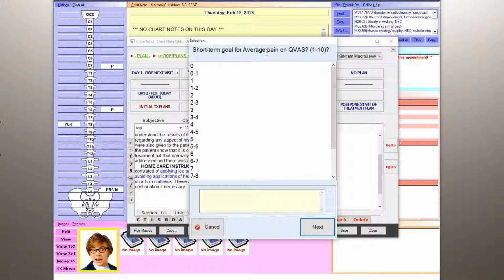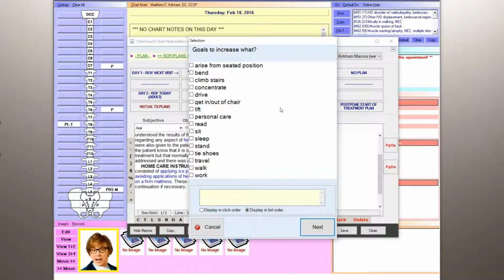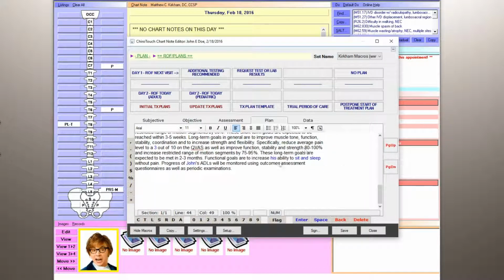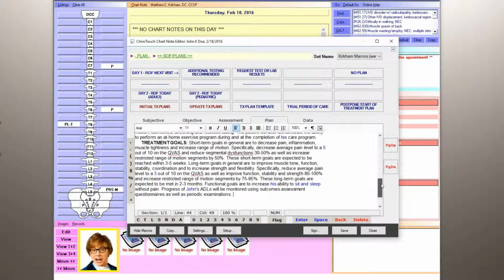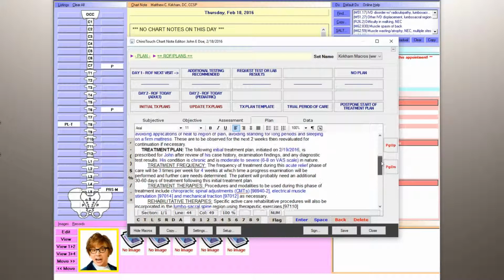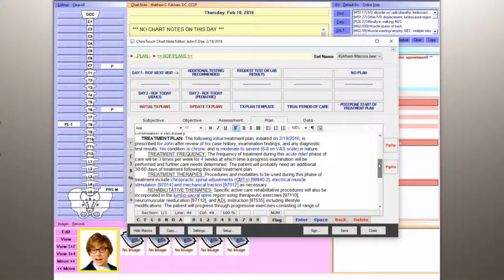Short-term goal. So what's the average pain we want as a short-term goal? Let's say they start at a 7, so maybe we want a short-term goal to reduce down to a 5. Long-term goal, we want it to go down to a 3 on the QVAS scale. What goals do we want to meet? We want them to sit and sleep better, so without pain. So the long version of treatment plan is here, and that's how you can customize each particular